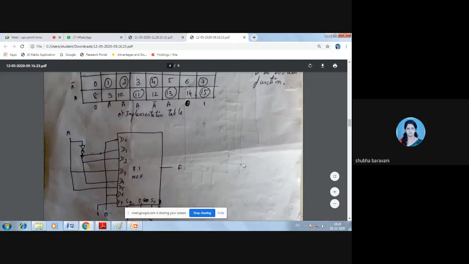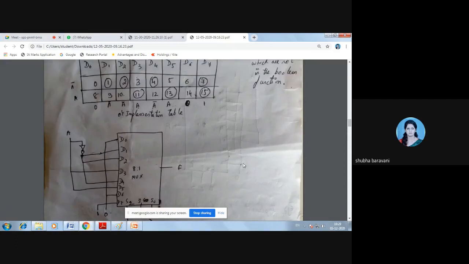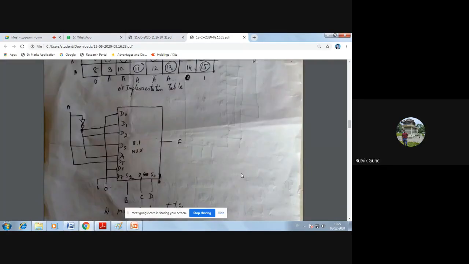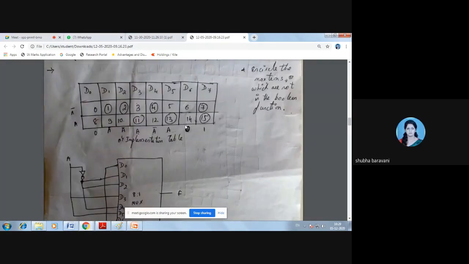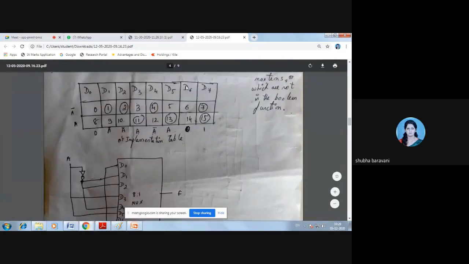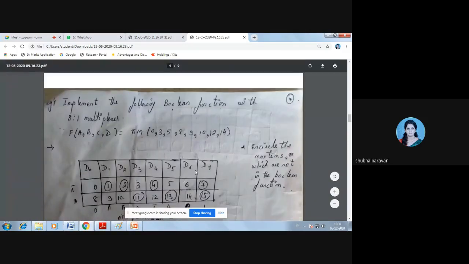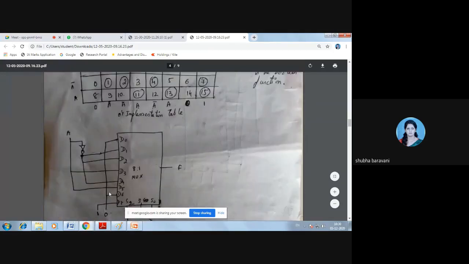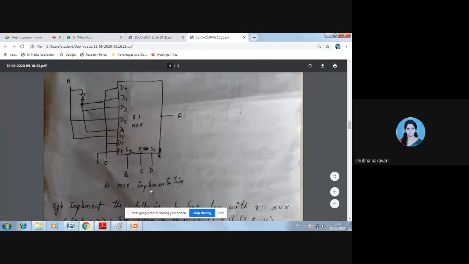अभी तक जो किया समझ में आया? Yes, ma'am. ठीक. सी इसका करेक्शन करोगे. Once again I'll send you the PDF. Okay, don't refer to this. I'll send you one more PDF after the class, because I've made a mistake here. D6 को भी मुझे सर्कल करना था, but I have not done. Okay, 6 is not here. इसको सर्कल करना है, तो थोड़ा सा चेंज होगा ये. ठीक है, I'll send you this one once again.